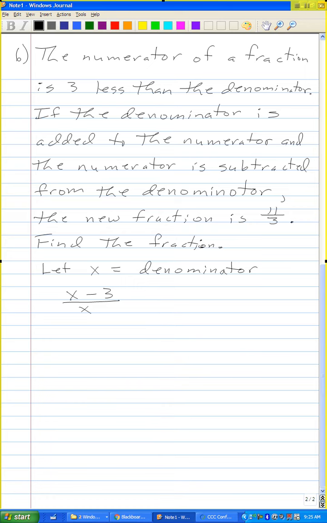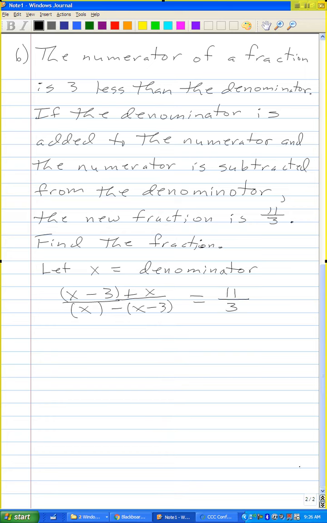If the denominator is added to the numerator, and the numerator is subtracted from the denominator, the new fraction is